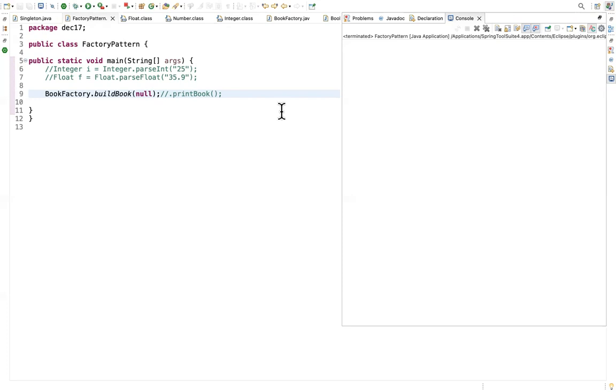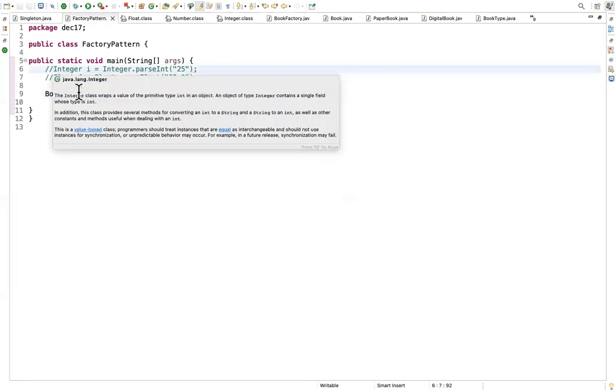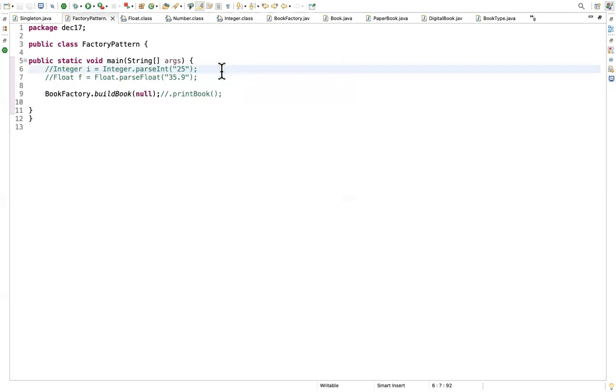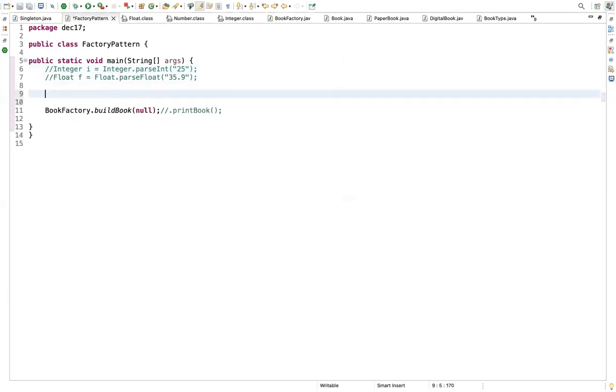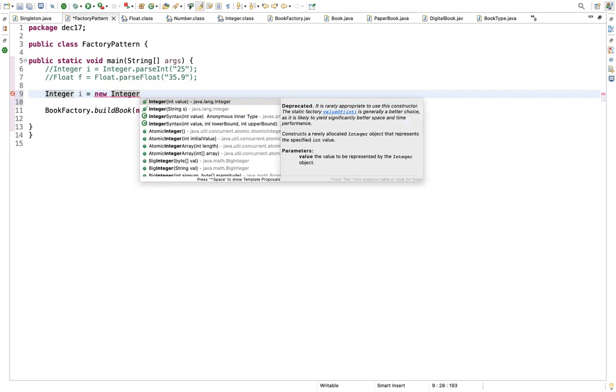So in line number 6, after that, you can type Integer, some reference equal to new Integer, and press Ctrl+Space, don't type completely. If you see now, you will have an overloaded constructor. Either you can accept int or a string, and not a default constructor.